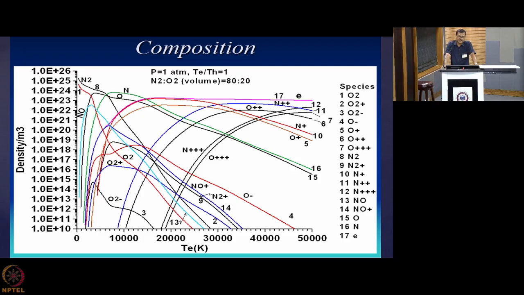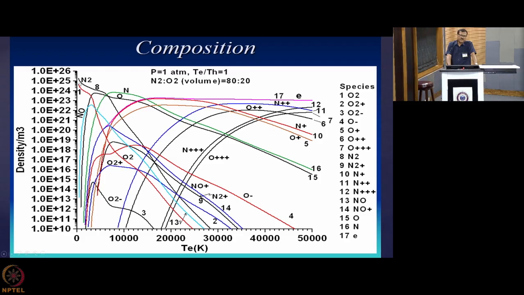Here I have just shown you one example of a nitrogen-oxygen plasma. The y-axis is plotted in log scale, but the x-axis is plotted in linear scale. So you can see the kind of number density that you are getting over here, and this is at 1 atmospheric pressure. T and TH, the electron temperature and heavy species temperature, are both considered equal. So this is considered a thermal plasma, and we are considering an N2:O2 ratio of 80:20, and you see that